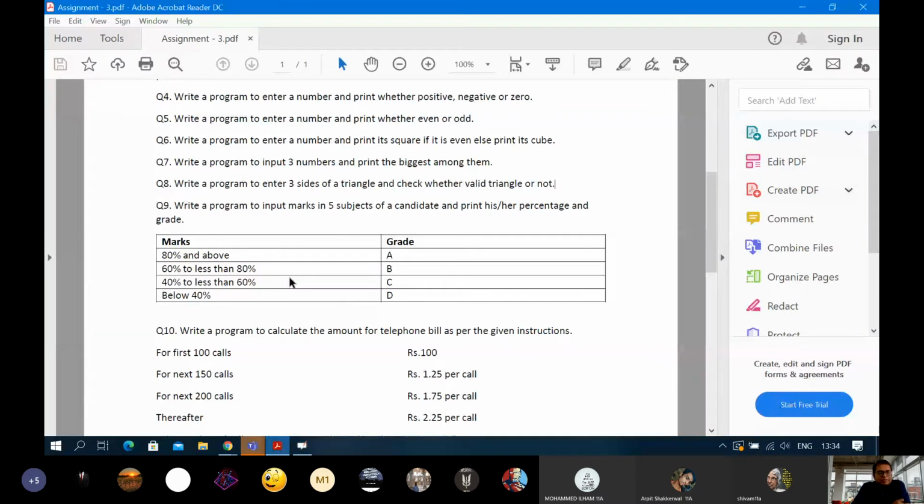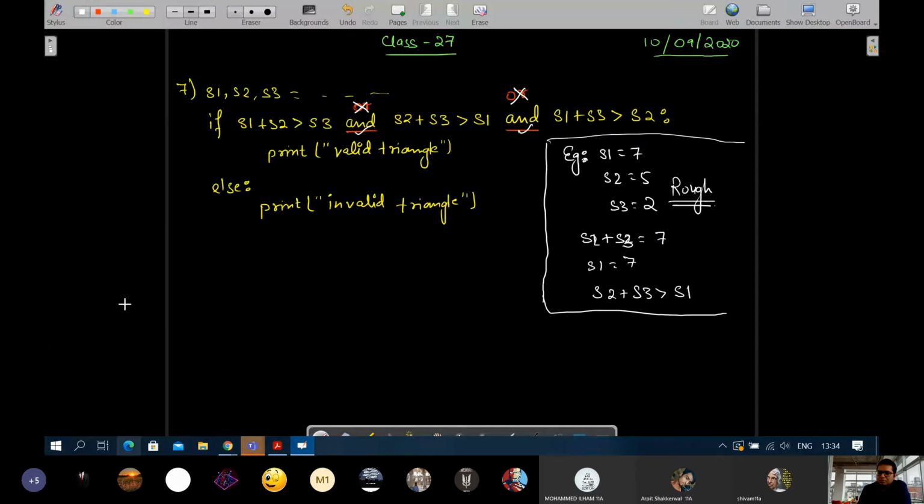Question number 9. Write a program to input marks in 5 subjects of a candidate and print his or her percentage and grade. Okay, so let's say enter marks in 5 subjects. Let's make the 5 subjects 3 subjects.